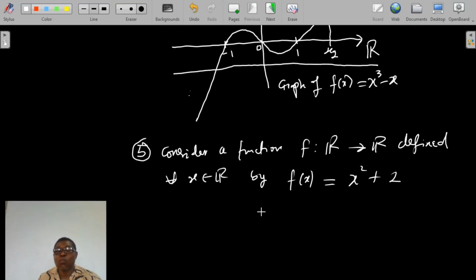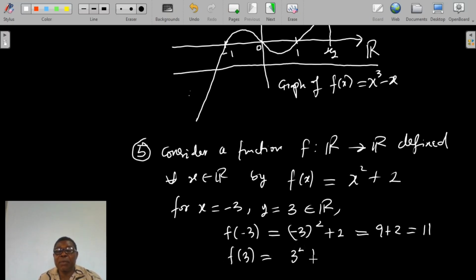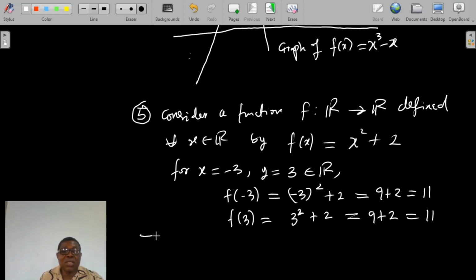Let us consider, looking at this function, we shall see that for x equals -3 and y equals 3, both in R, f of -3 is equal to (-3) squared plus 2, which is the same thing as 9 plus 2, and this will give us 11. f of 3 is equal to 3 squared plus 2, and this again is 9 plus 2, which will give us 11. So what this means is that first, what we have,